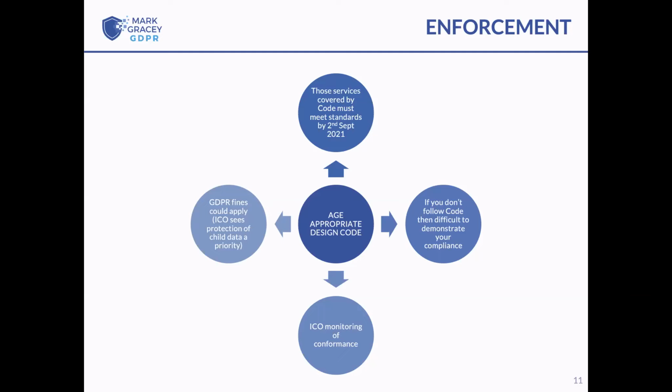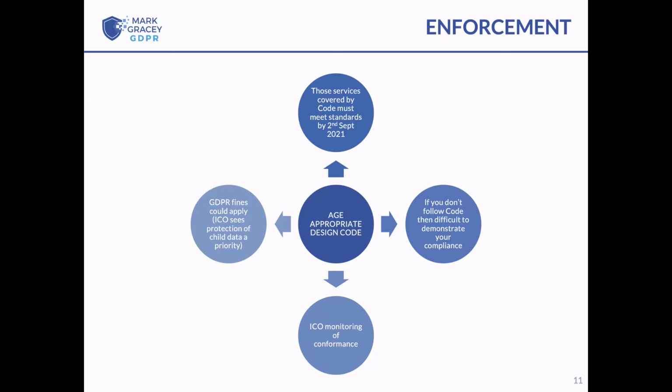What that enforcement might look like is going to be no different than any other kind of enforcement that they do. Just because we don't tend to see many headline fines or activities doesn't mean the ICO is not inundated by complaints. I think their recent report said there were tens of thousands of complaints they've had to deal with, and tens of thousands of data breaches reported. So I think a lot of what they'll be doing from an enforcement point of view is relying on people complaining, or they might do some monitoring or spot checking. They have the powers to do what they call consensual audits, which is to ask if it's all right for them to come in and audit you, and they'll set out the premise by which they'll carry out the audit. But GDPR fines would apply